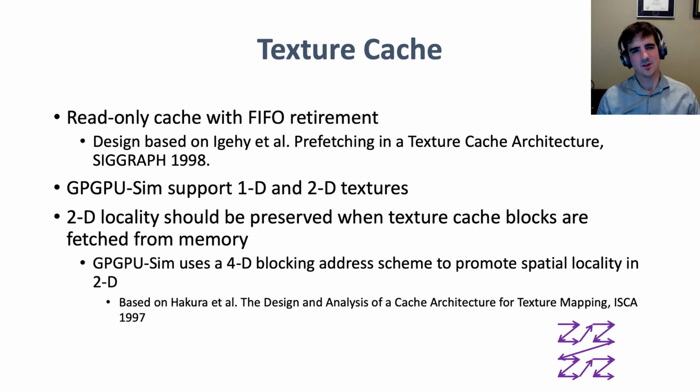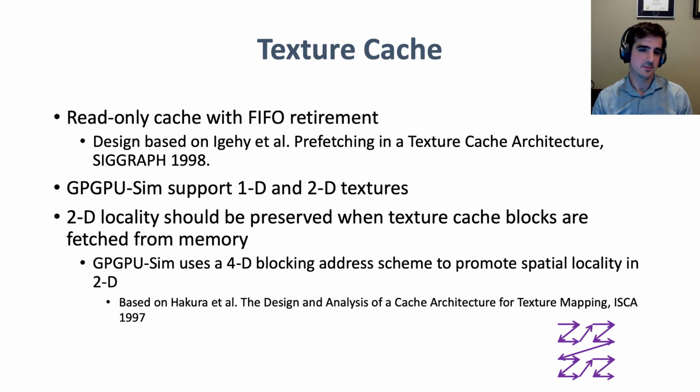Texture cache, again, don't worry too much about this. It's probably not relevant for a lot of the workloads that you may want to look at. It was important in the early days of GPUs because there was no L1 data cache. So if you wanted to actually cache data in the SM without using the scratchpad in CUDA, you would have to declare your data structures as textures and load them through this texture cache. Today, people don't really use the texture cache, but it is still modeled, and there are still texture instructions in modern GPUs because obviously graphics needs